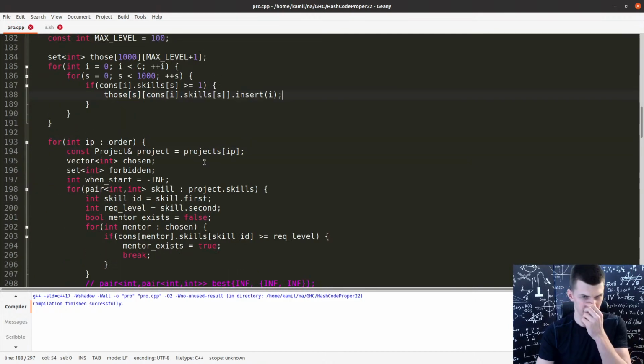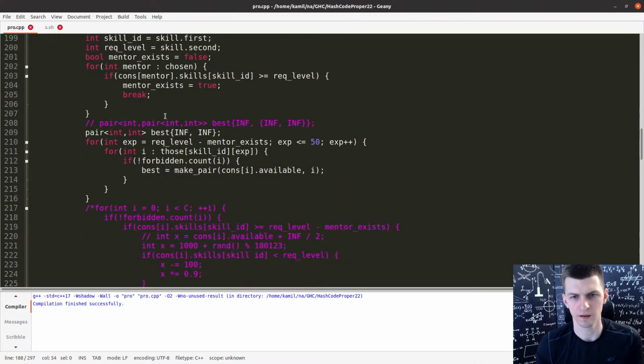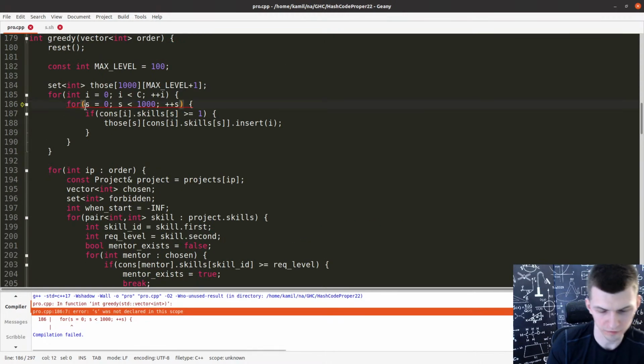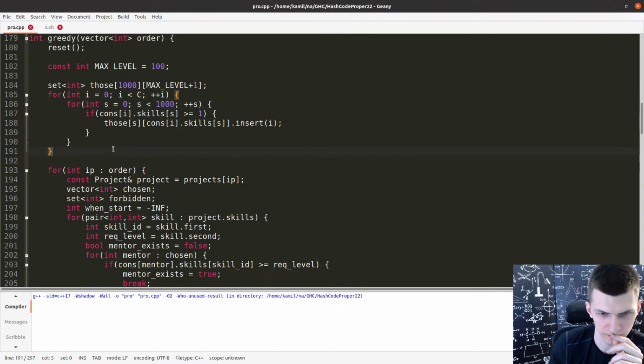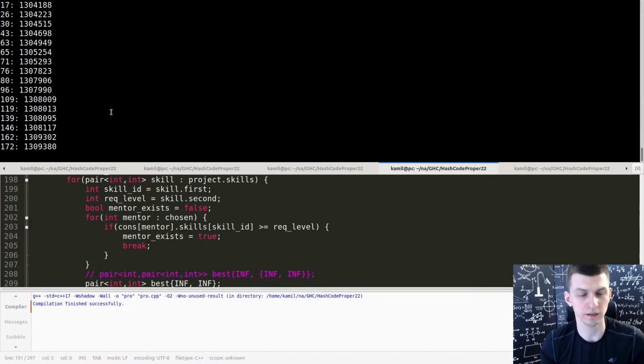Okay, done. Also, when somebody levels up, I need to modify them. For now, actually, I will run it without modifying. I will keep assuming that they are at old skills just to see if it works in any way. It is faster.